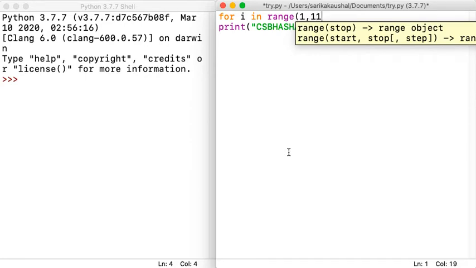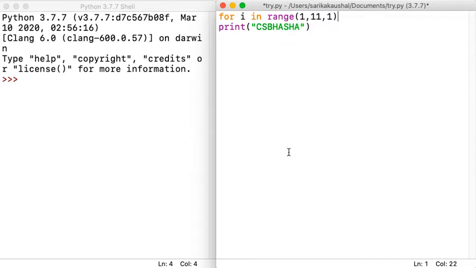That's one thing. The second thing is the step, which is 1. Step means after 1, do I want 1 plus 1 as 2, or do I want to jump to 3? Similarly, after 2, what do I want as the next number? 3. So after 1 it is 2, after 2 it is 3, after 3 it is 4, which means every time you are adding one value. That's called a step value. I am again repeating, this is the starting value, this is the ending value, and this is the step value.